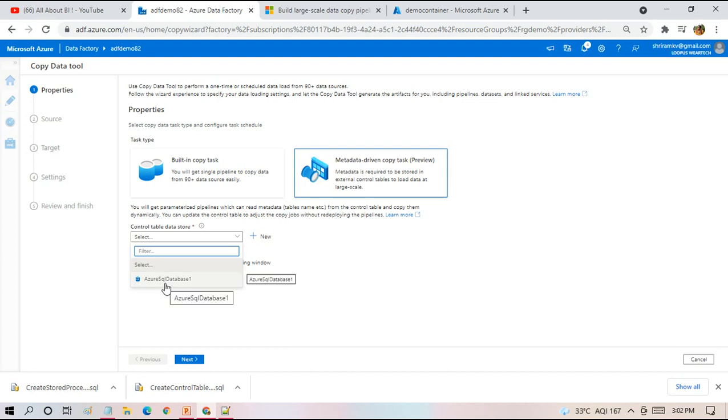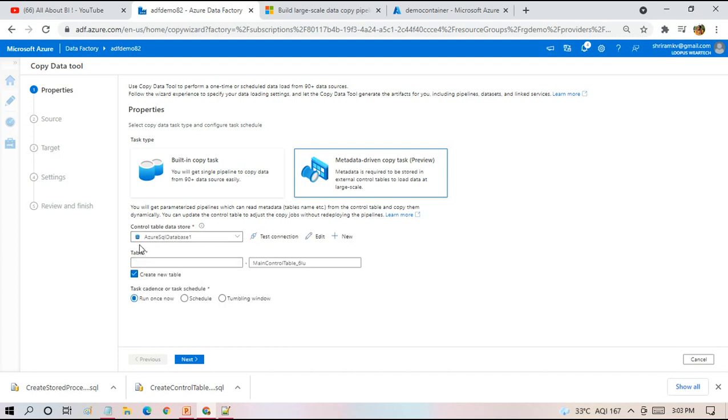So I'm choosing Azure SQL database, wherein we can create a control table or use the control table which we have already created. If you want to run the wizard one more time with the table that you have already created, we can make use of this option.